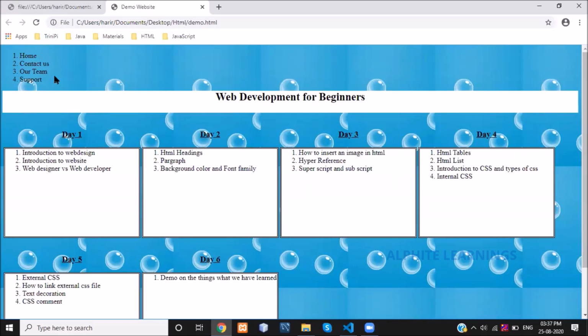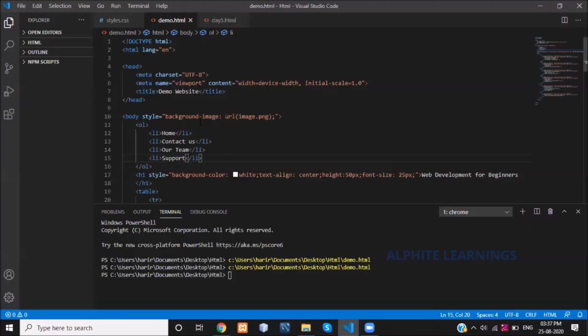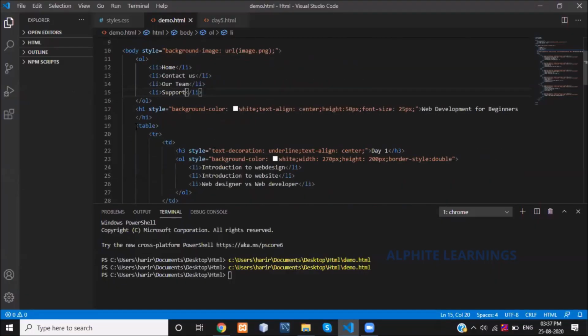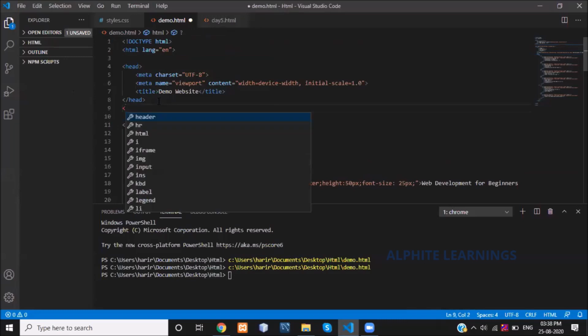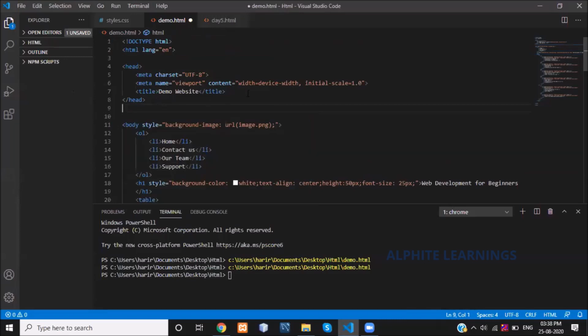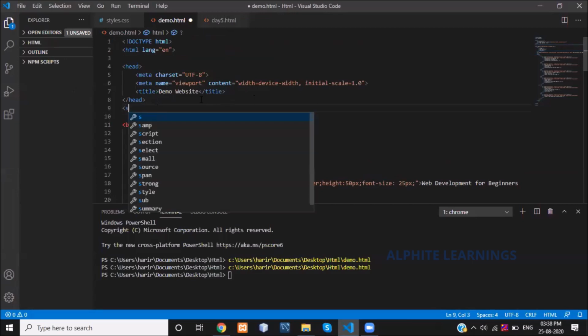Now we have to display this in a single line, right? The menu will be in a single line. I'm designing my menu in a single line. How is it possible? You can use a table also. I'm going to show it in a styling format. For this I am going to use internal CSS, after this heading style.